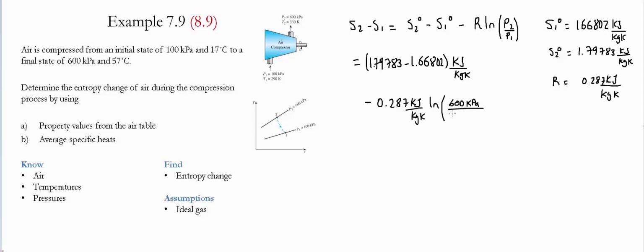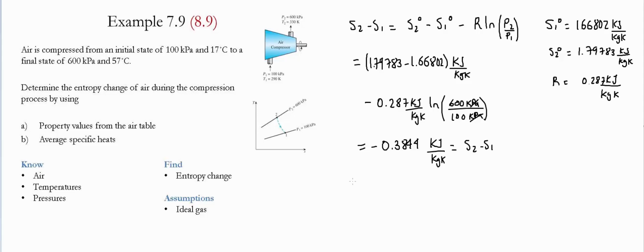The initial pressure is 100 kilopascal. Units cancel, and then we find that the final value for this equation is negative 0.3844 kilojoules per kilogram Kelvin,